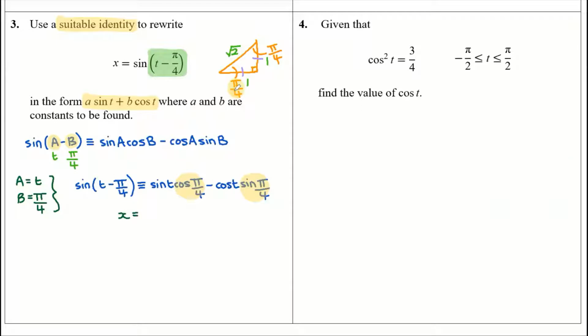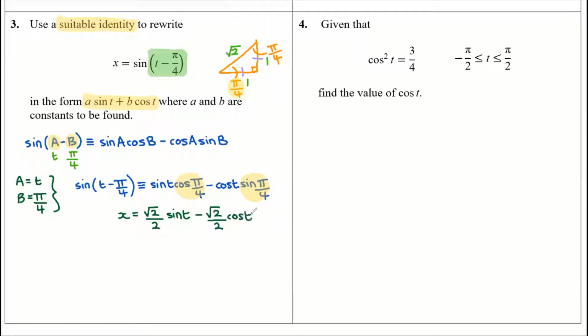if I take the cosine of that, it's just going to be 1 over root 2, which is the same as root 2 over 2. And your calculator will probably give you root 2 over 2 straight away anyway. So this is going to be root 2 over 2 sine t. And if you take the sine of pi over 4, it's exactly the same because it's isosceles. So that's going to be subtract root 2 over 2